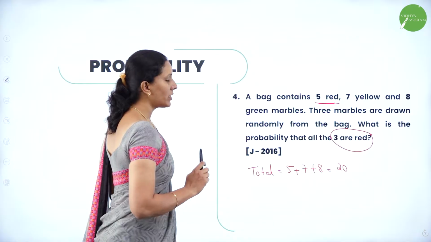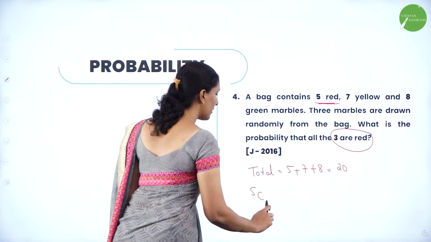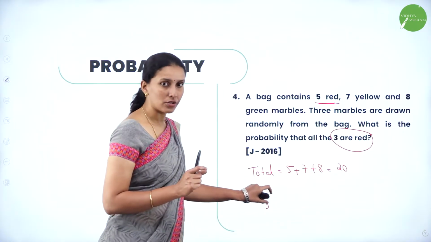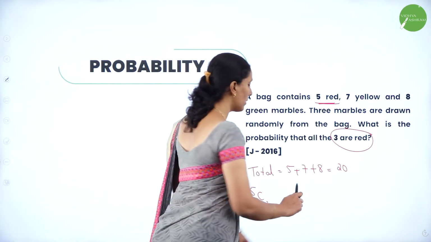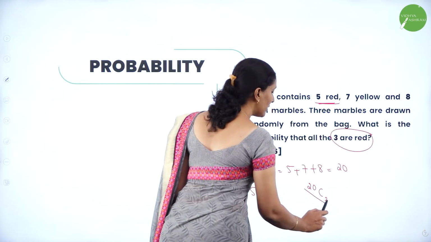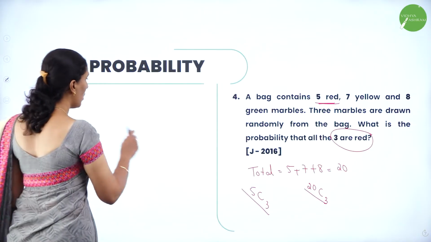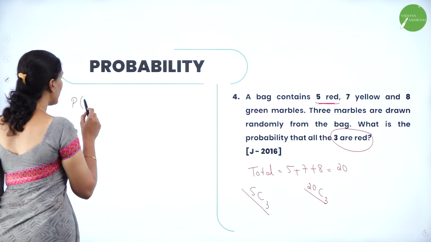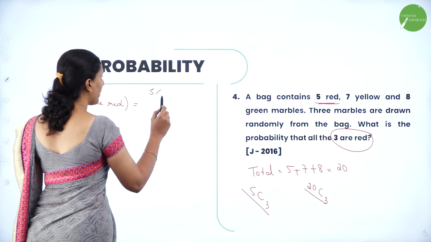So, therefore, the number of selections of choosing red balls will be in the form of 5C3. And when it comes to the probability, it is always the number of favorable outcomes divided by the total number of outcomes. And total number of outcomes will be equal to 20C3, because out of 20 marbles, we are selecting only 3 marbles. And my question is that all must be red. So, therefore, the probability that 3 are red is equal to 5C3 divided